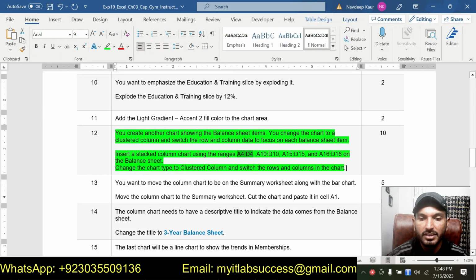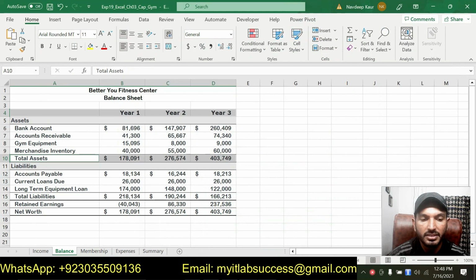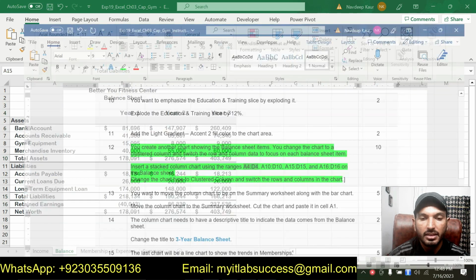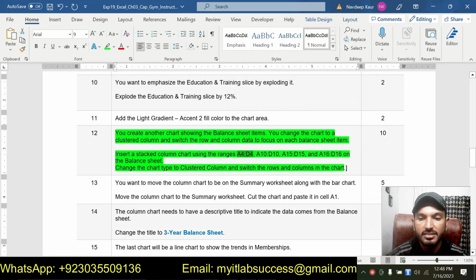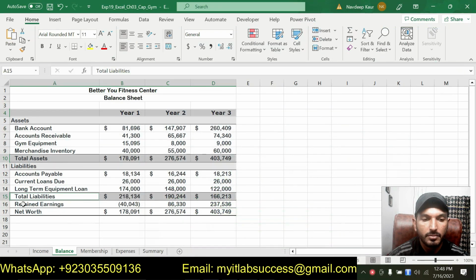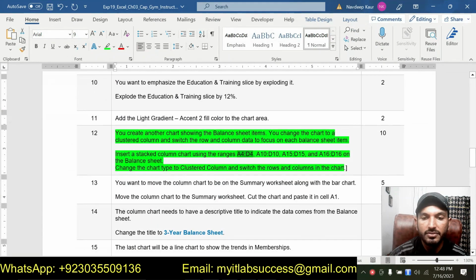Then the third one is A15 up to D15. Again, press and hold the Control button, A15 up to D15. And the fourth one is A16 up to D16. These four ranges. So I have selected these four ranges, and now we are supposed to insert a stacked column